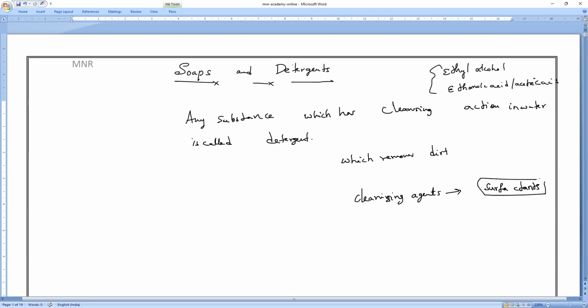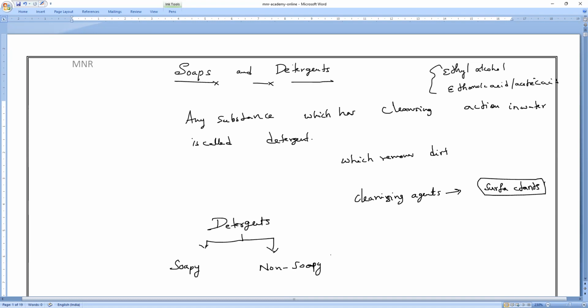So note it everybody. Soaps and detergents both together are cleansing agents, and they work on the surface, either a body surface or a floor or whatever it is. That is what we call surfactants. So we use soaps and detergents for many purposes in our daily life. These detergents are of two types. One is soapy detergents, another one is